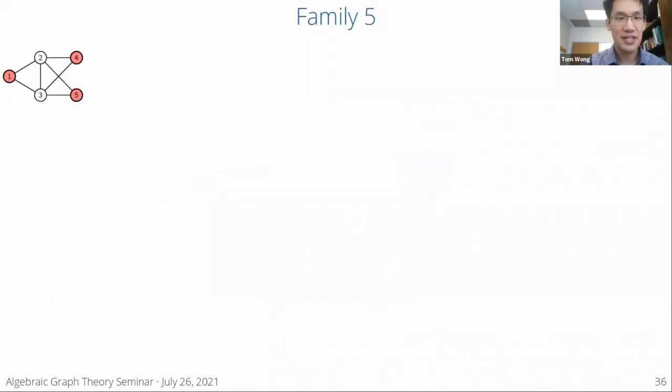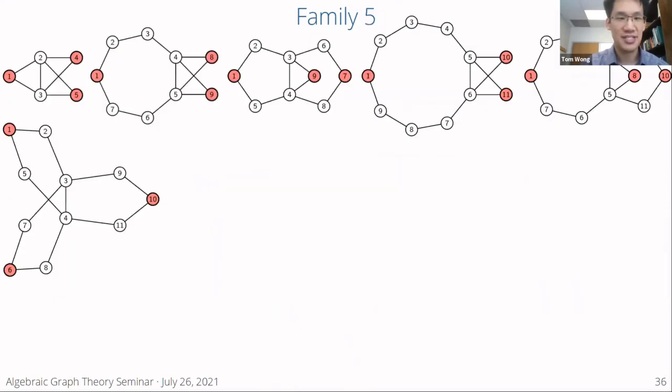Here's family 5. There's a bunch of graphs here. Let me show you these. Okay, so this is interesting. So I pointed out earlier when we looked at the fact that vertices 1, 4, and 5 are, I think, was it co-spectral? That's the term that someone mentioned. So you see how, again, vertices 2 and 3 are here. And then you see how 1, 2, and 3 is a triangle, right? It's a cycle of length 3. 2, 3, and 4, that's another cycle of length 3. And 2, 3, and 5, that's another cycle of length 3.